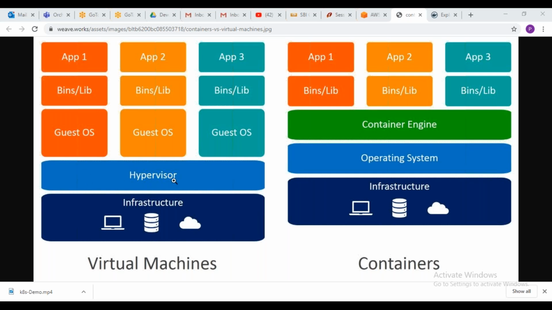And the second thing is, you are using a hypervisor, which is licensed. In real time, if you install an operating system to run those microservices, you need to buy the entitlement of that operating system. If you are using Red Hat Linux, you're not going to get it free; you need to pay the license. To run this many microservices, you install the operating system in each and every virtual machine, and you need to pay the licensing for each. But here you are not installing the operating system; you are using the base operating system.